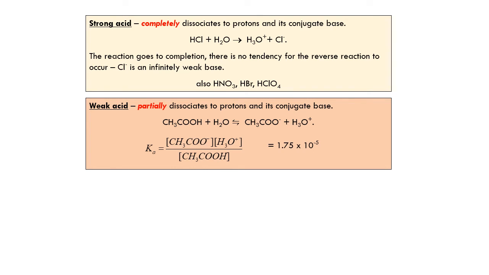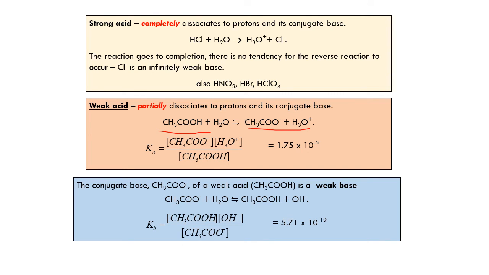For a weak acid, like acetic acid, it partially dissociates to produce protons and its conjugate base, and an equilibrium constant is used to express the relationship between the products of this dissociation and the reactant. So the Ka for your weak acid, like acetic acid, would be the product of the concentrations of the conjugate base and hydronium ion